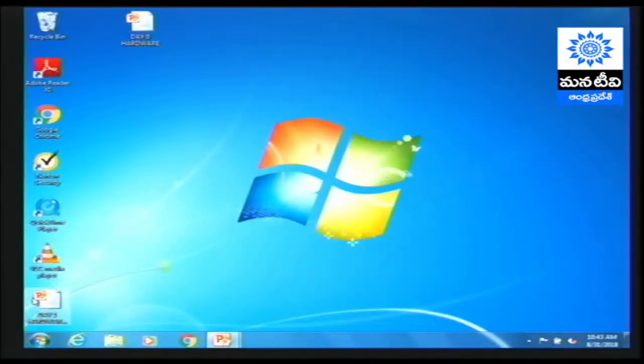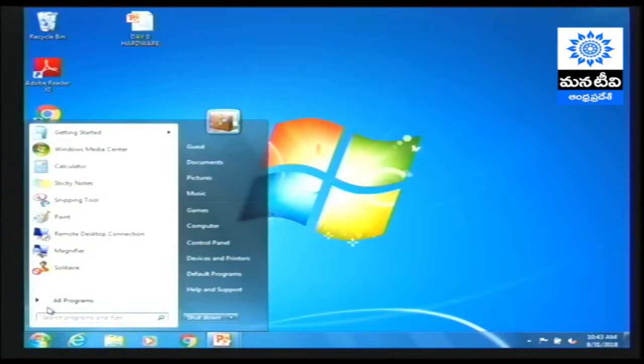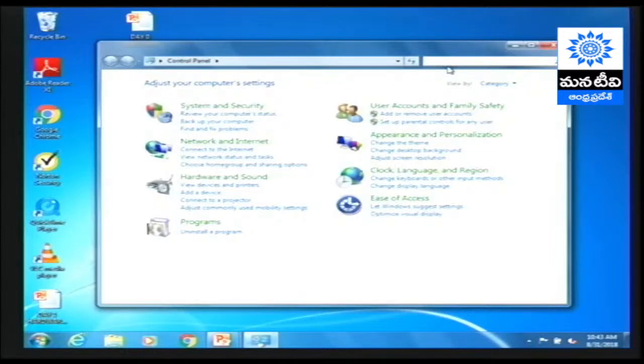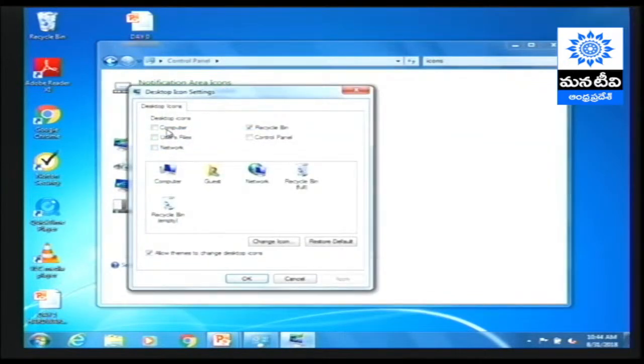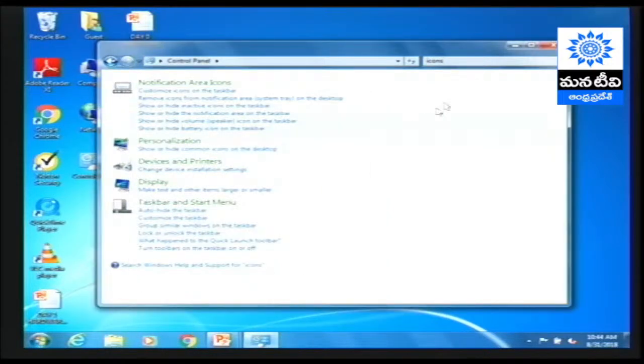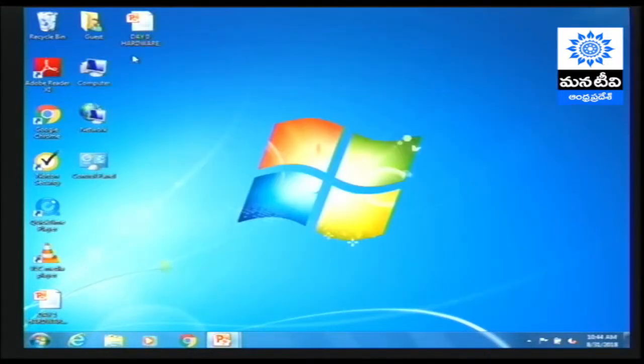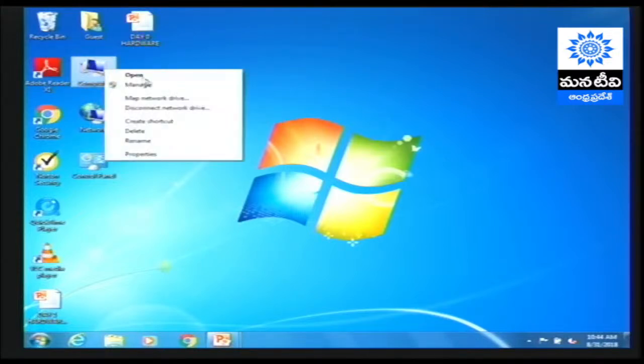First way to check your computer configuration is go to Start, open Control Panel and search Type Icons. Under personalization, here you can see one option called show all common icons on the desktop. Click this one. Arrange all common icons on the desktop. I arranged some common icons on the desktop. Under that, one of the main important common icons on desktop is My Computer. Select and right click My Computer icon. Click on